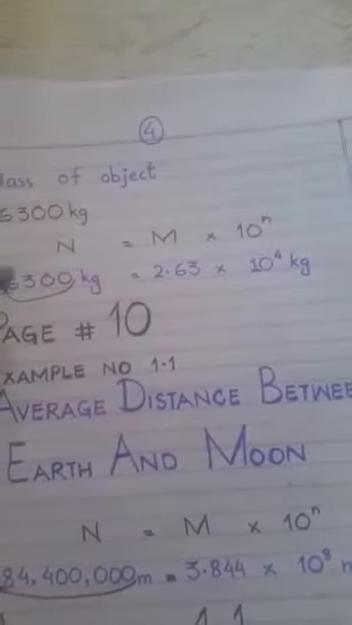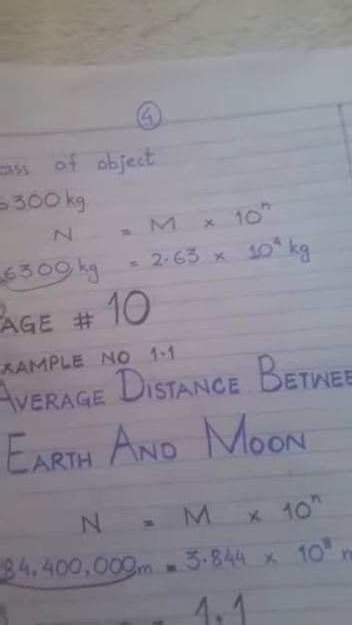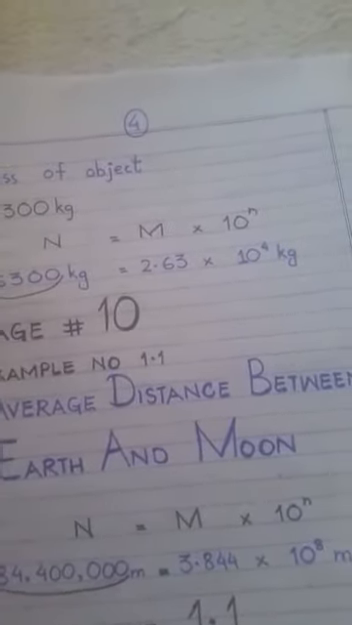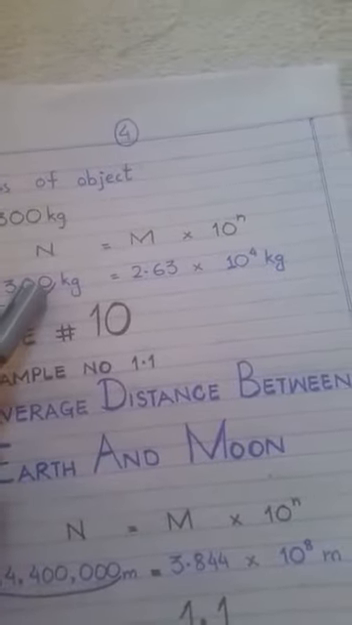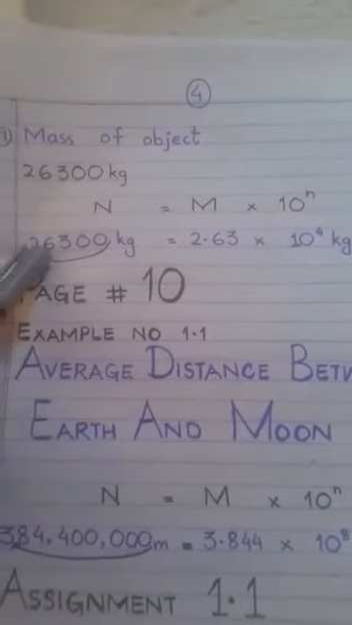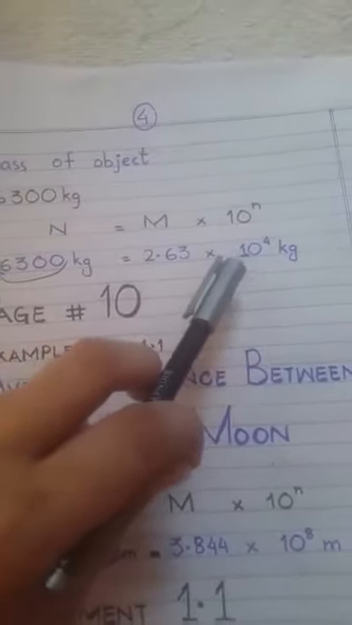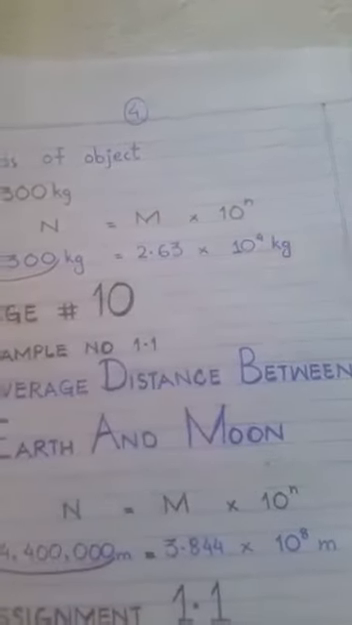Again, count the number of digits between the initial position of the decimal and the new position of the decimal. As you can see, there are 4 digits present between the initial position of the decimal and the new position of the decimal. So the power of 10 will be equal to 4. Okay, now girls,